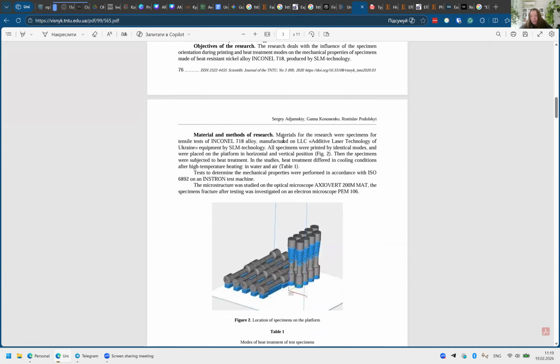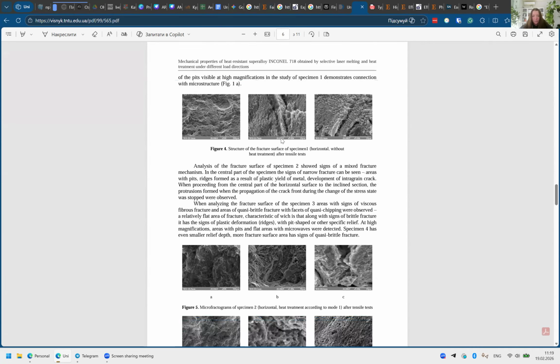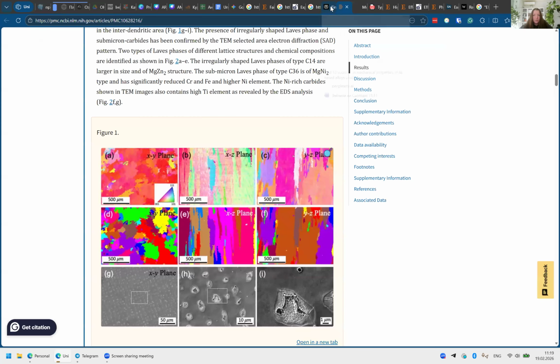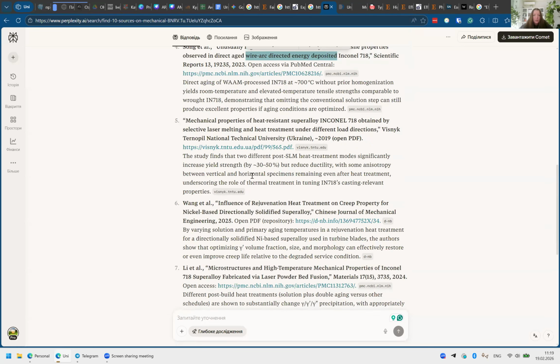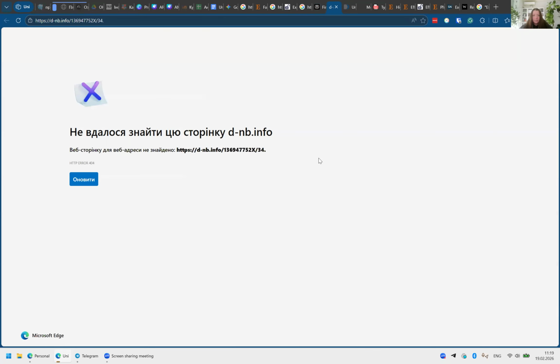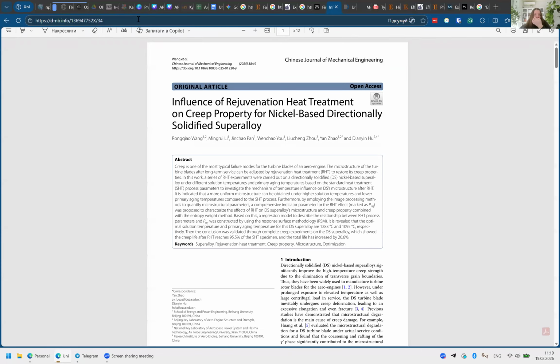So potentially quite useful and also by Ukrainian authors, so that's good. So influence of rejuvenation heat. Yep. Yeah. So